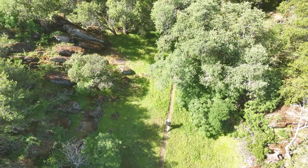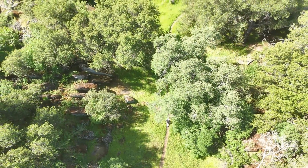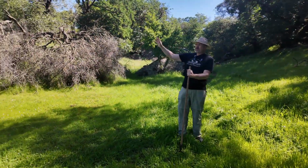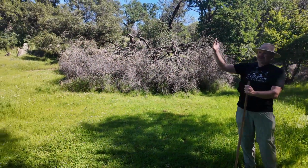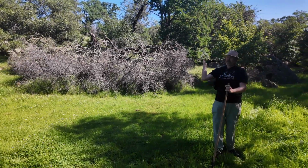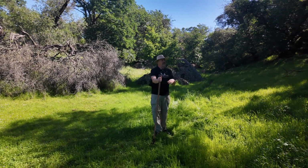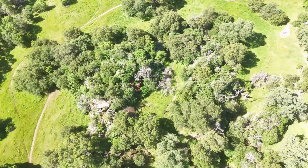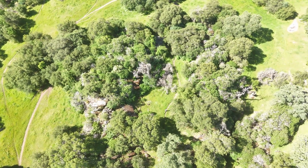If you look on Google Earth, you'll see these rock formations, these granite outcroppings, and they run from northeast to southwest. There's a row of them, I believe 3 or 4. The couple of middle ones are the largest and tallest ones. And what's amazing about this, and where the name corral came from, was